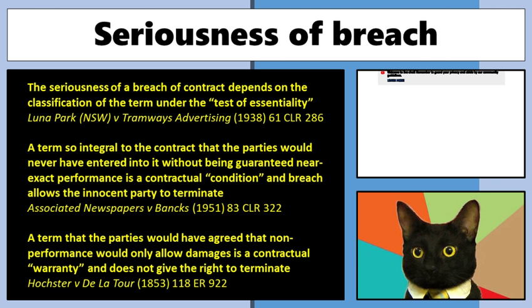Now, key thing to note though, is when we're working out this seriousness, it's not just a dollar amount. I mean, that is a big part of it. So a big hole in the bottom's quite a different dollar amount than mere discoloration on the sails. But the really important thing to note is that the courts, when they look at these two categories, we call the minor ones warranties. So that's a technical contract law term to describe a minor term. And the technical definition of that is a warranty will only give the innocent side a right to get dollars, to seek compensation, get damages.